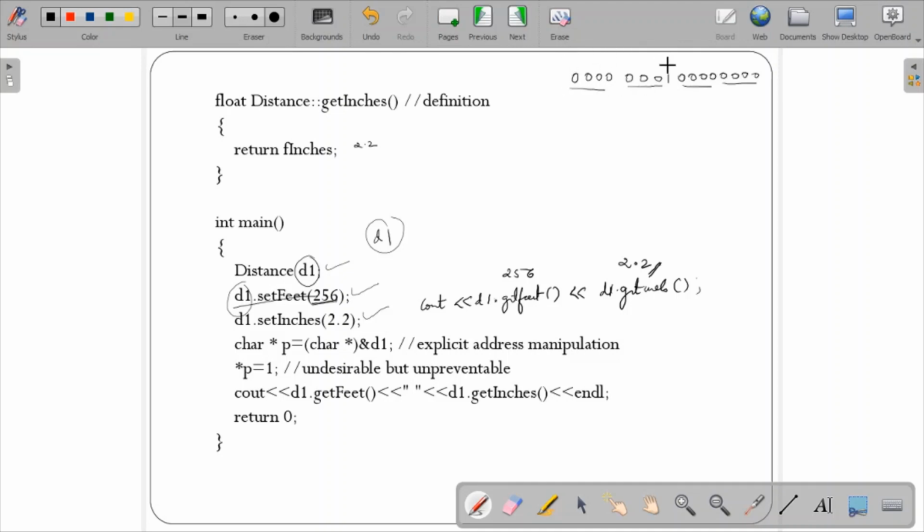This section is 1 byte, and this section is 1 byte. You know that this is 2 to the power 0, 2 to the power 1, 2 to the power 2, 3, 4, 5, 6, 7, and this is 2 to the power 8. You know the value of 2 to the power 8 is 256.